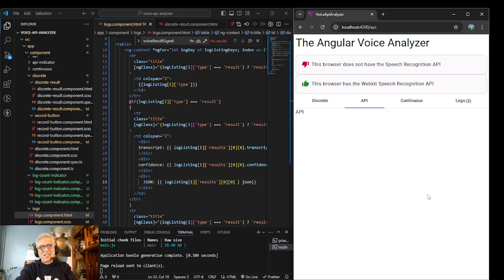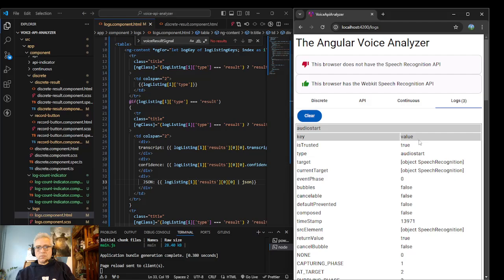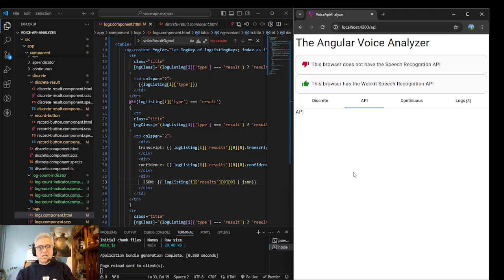This JSON thing not doing what I think it's supposed to do may be a problem, because I was kind of hoping just to spew out the JSON. But maybe I'll take the object and just do something along the lines of iterating over the keys and just showing what's in there at the top level object. And then maybe, probably it would make more sense to go back to discrete, add more logs, more of the logs than just